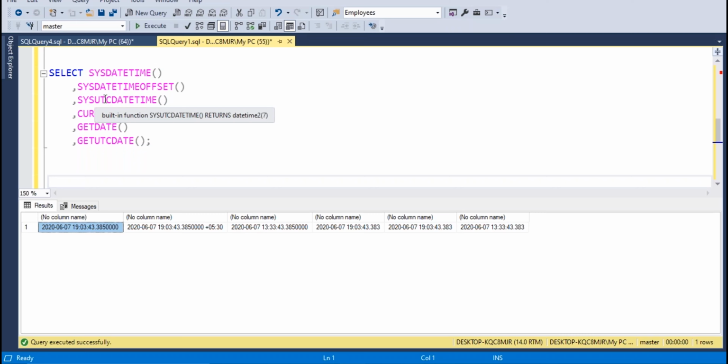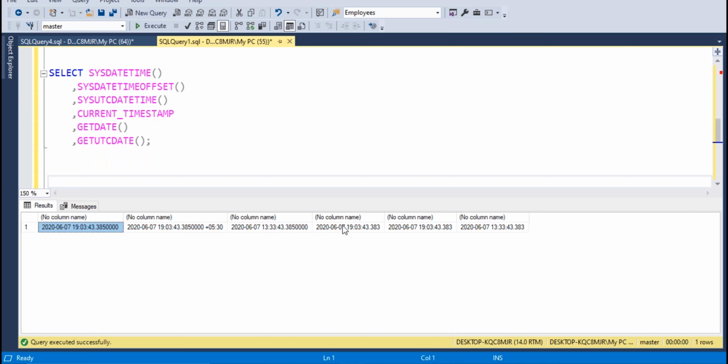You can observe this is 6 hours behind the current system date and time: there is 13 and 19, 19 minus 6 is 13 hours. So UTC datetime compared with the system datetime is 6 hours less than the current datetime. UTC is Coordinated Universal Time.